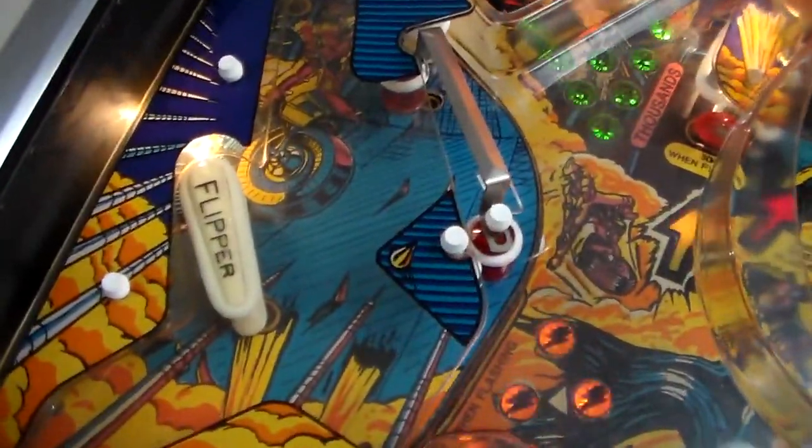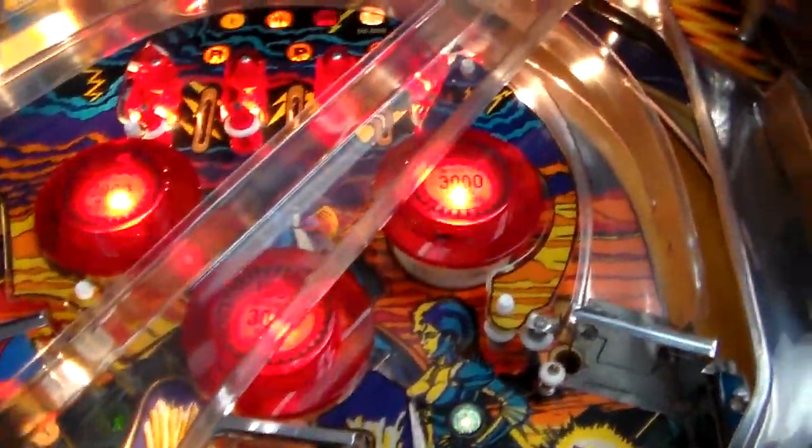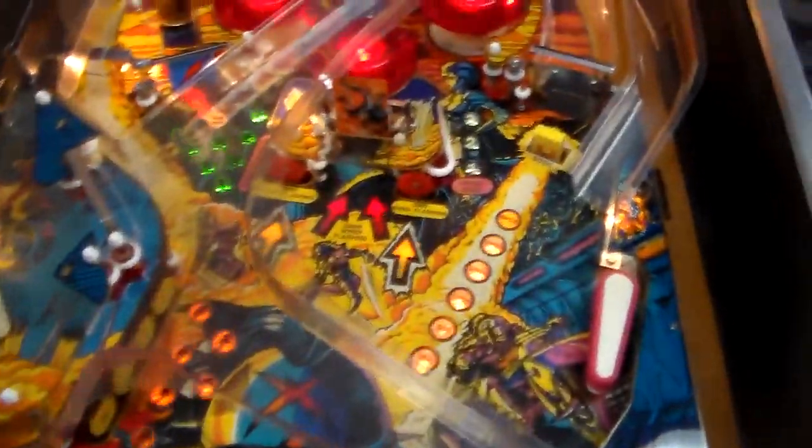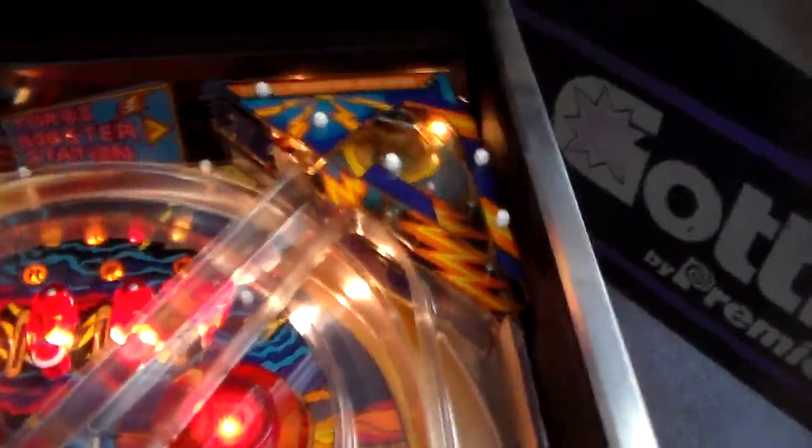And so what you're trying to do is make a shot all the way across the play field on that plastic ramp up into that target, that saucer up there. So it's just one shot. If you make that ramp, the ball is going to fly around and you just try to time it and hit it. Bam! And knock it up there. If you make it,